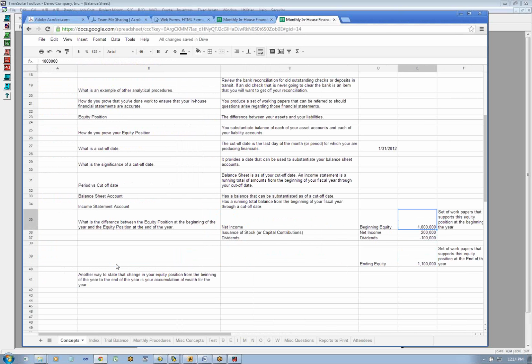Let's say you're a cash basis taxpayer. Your equity position at the end of the year on a cash basis versus the equity position at the beginning of the year on a cash basis will prove your taxable income. So in practicing in public accounting, sometimes we would pick up clients, and the client would say, I paid taxes and I didn't make any money, and this is really hard on us, and it's really frustrating. And in some cases, we would actually find that their tax returns were wrong by doing this analysis.